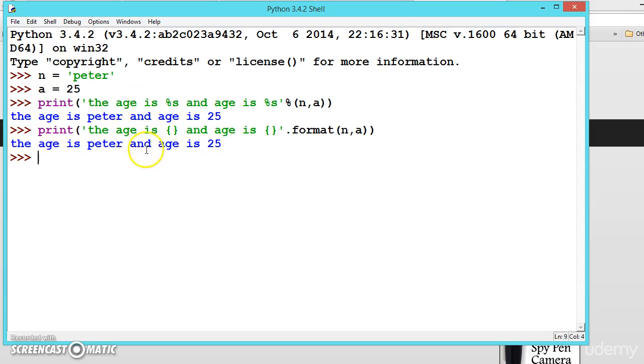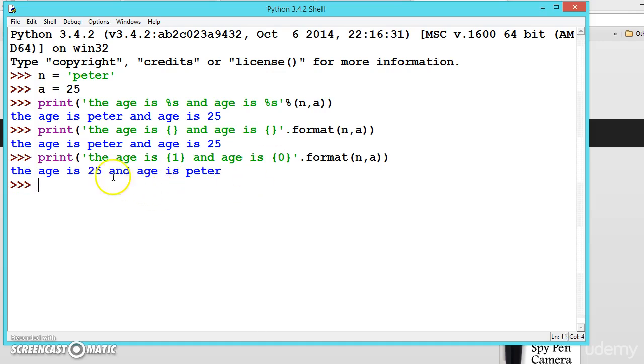See, the result is same, but this is like a list, so the index starts with 0. 0 is n, a is 1. So we can also change from where we get values, so we will be getting this from the second one, 0 1, and this from the 0. Now let us see: the name is 25 and the age is Peter. So this one is getting data from here and this one is getting data from here.